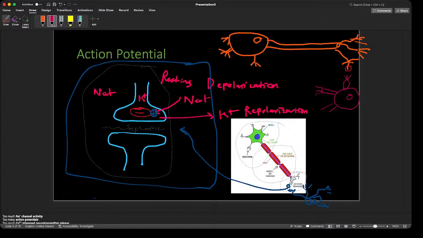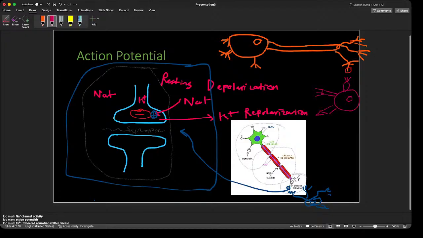So that's essentially what this enlarged figure is here. And then this right here, when they touch,